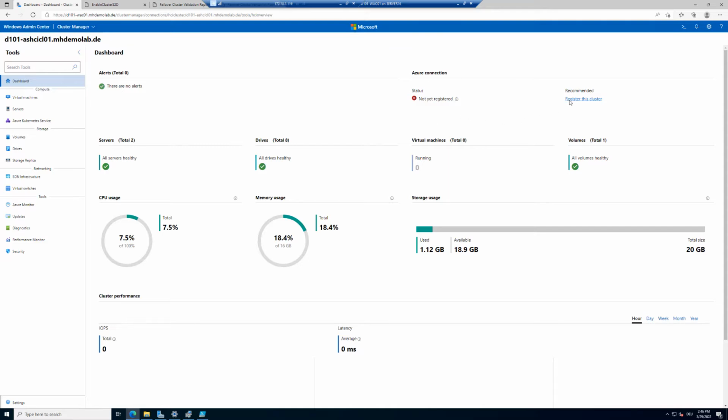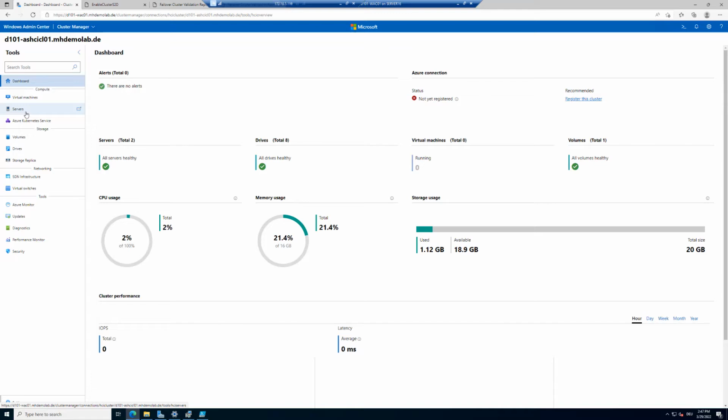You can see there's a link, register this cluster, but before we register this cluster, we want to have a look at a few steps to see what's possible without a registration of the cluster. So it's my recommendation to first register the cluster. But for me, it's important that you understand what's the limitation when an Azure Stack HCI cluster is not connected to Azure, because many customers are afraid what happens if my cluster is connected to Azure,